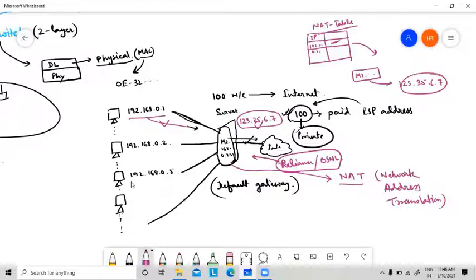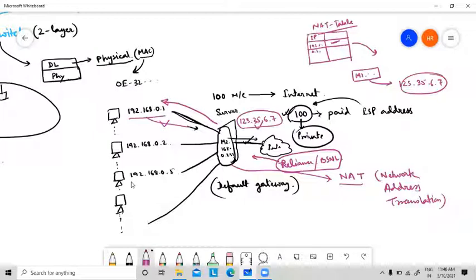And according to that, it will send the data to that IP address. Suppose you are trying to access Yahoo, then NAT will store from this IP address Yahoo is requested. So whenever the response comes, it will send the response to that particular device. So this way NAT is maintaining network address translation.